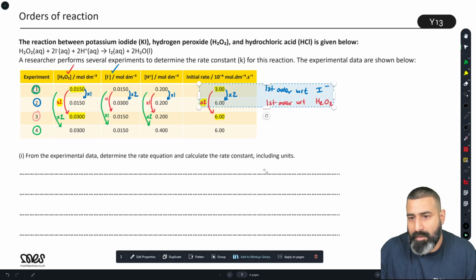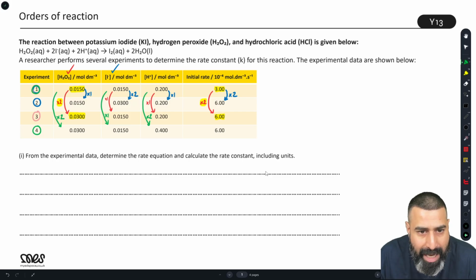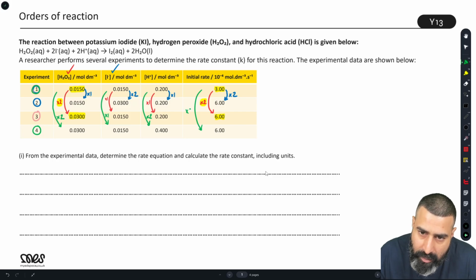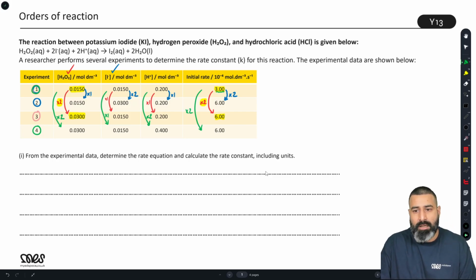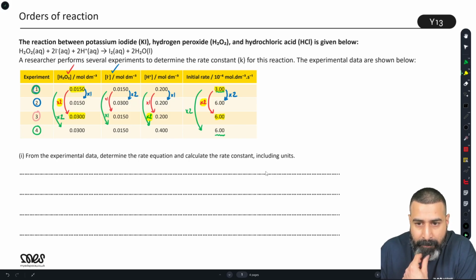Okay, so what's happening? Now I'm doubling the H2O2 concentration, so that means the rate has to also double. So if I double the rate going from 3, I get to 6. Now I'm doubling the H plus concentration as well. However, the final rate is 6, and that's a result of doubling the H2O2 concentration because it's